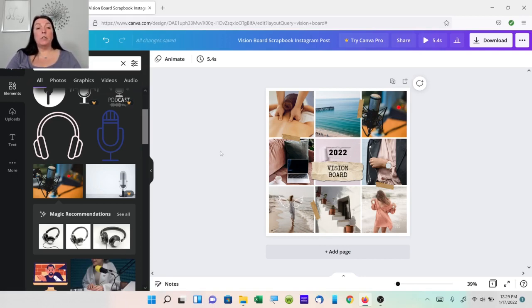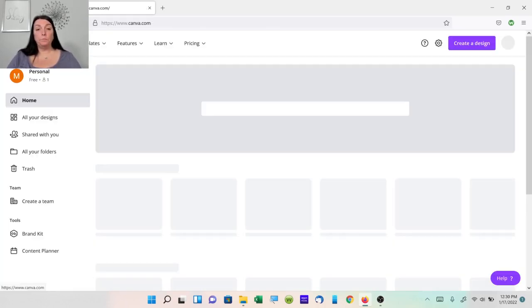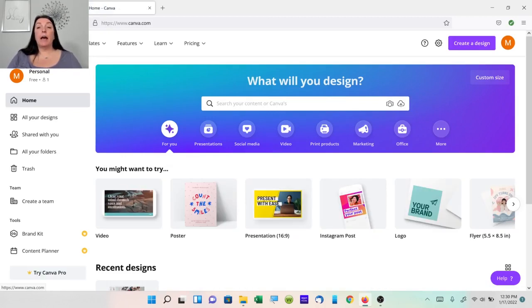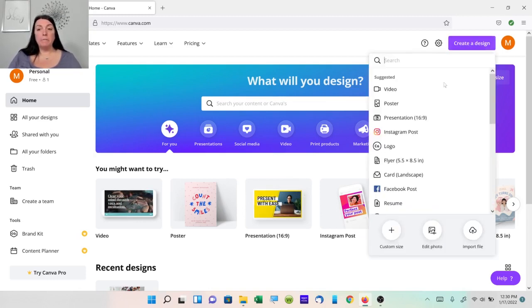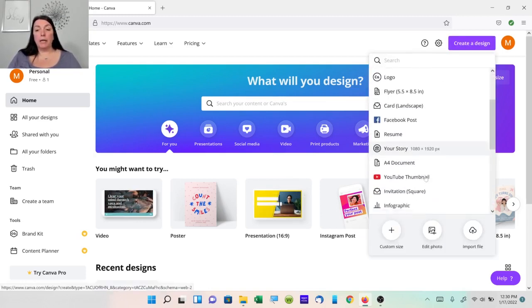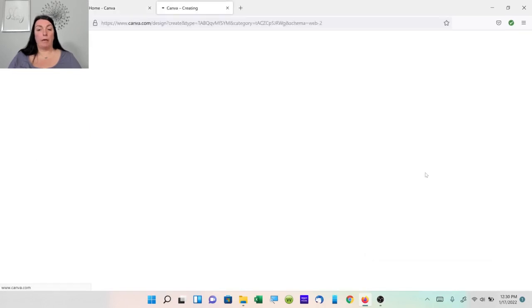Now I want to start from scratch. So I'm going to click the home button and I'm going to create a design. So you select in the top right, create a design, and it's going to be a desktop wallpaper.